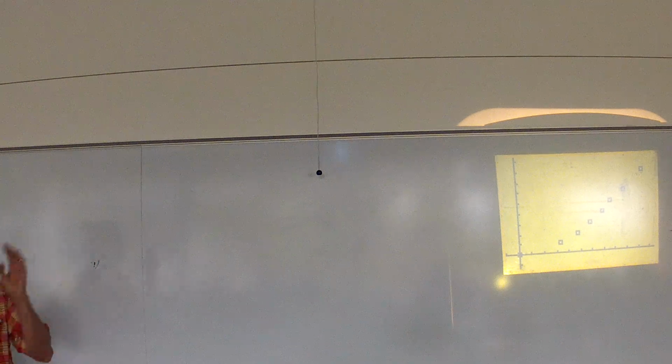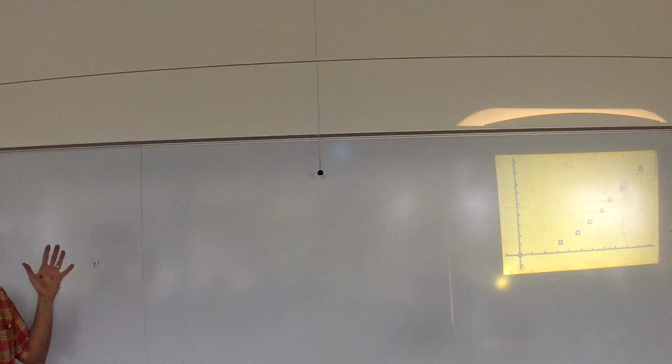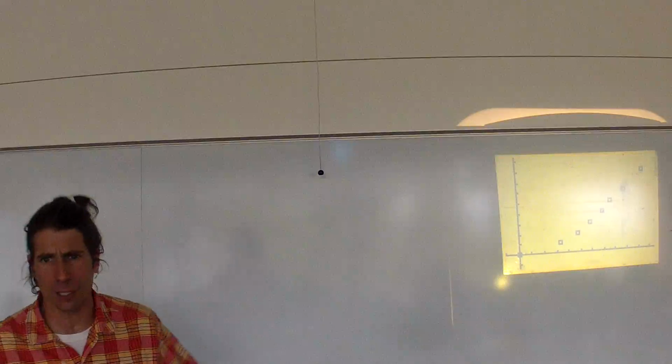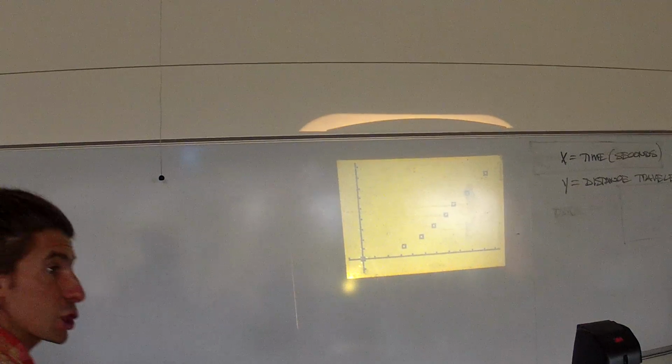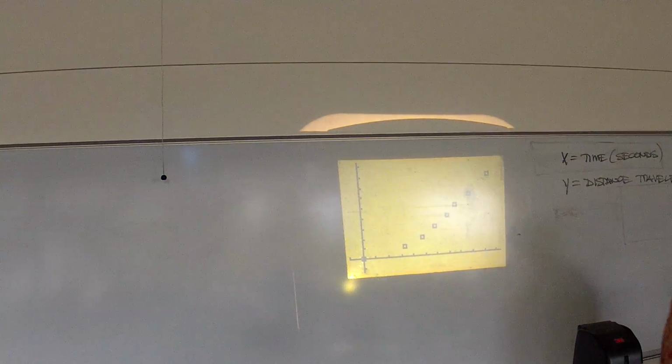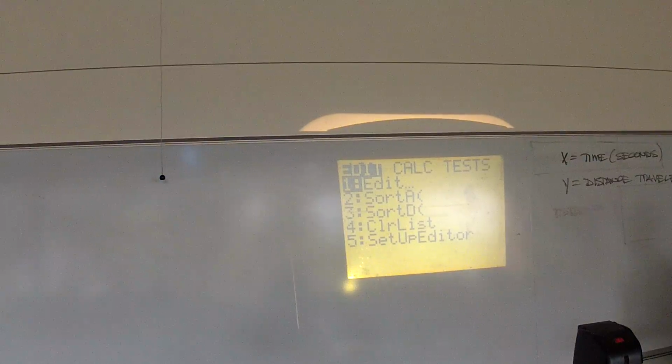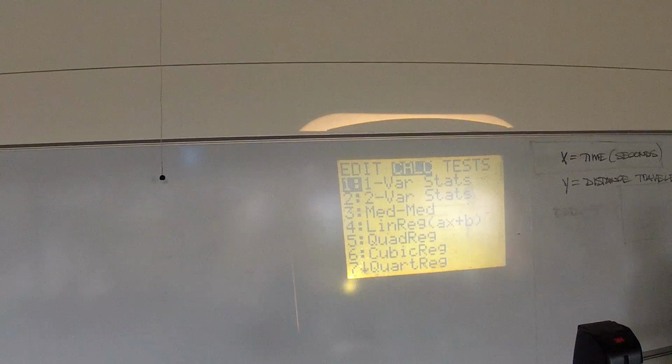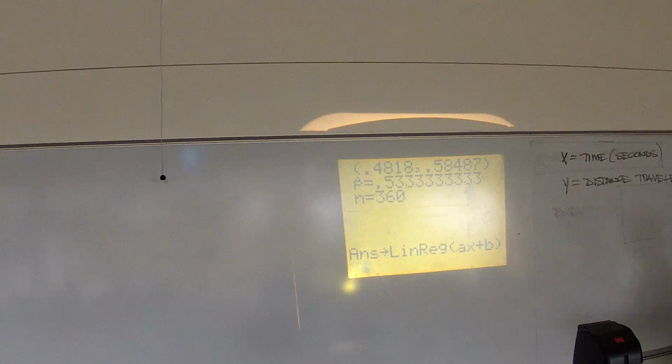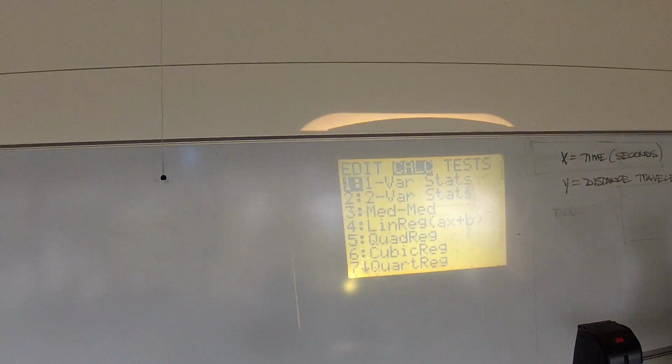Now, at this point, we've done nothing new. This is exactly what we did for linear regression. But now we don't want a linear regression, we want a quadratic regression. Make sure you can actually see this. So, go back as if you were going to get a linear regression. So, stat, calc. Now this is where we lived before. We went down to LinReg ax plus b. And if you run LinReg ax plus b, it'll give you an answer. Don't do this. But watch, it'll do it for you.